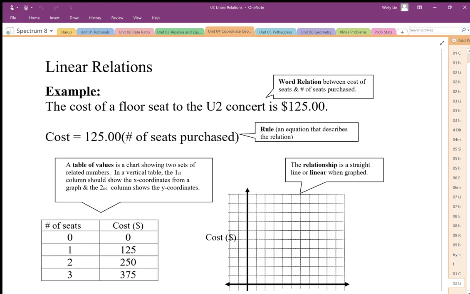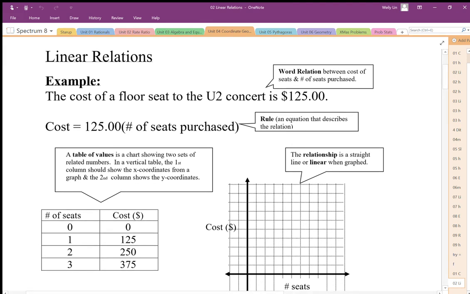We're going to use coordinate geometry to look at something called linear relationships. And linear relationships are often characterized by some sort of rate. So we're going to take a look at some examples here. Again, first of all, we want to make sure that we understand that there are different ways that we can